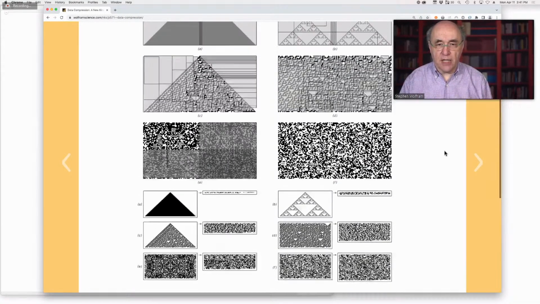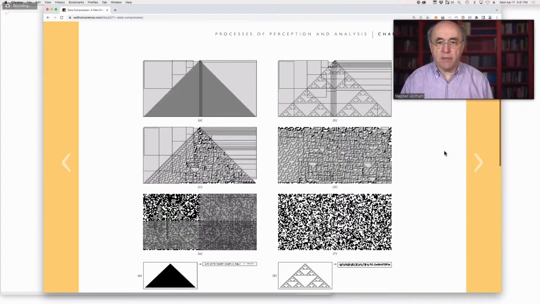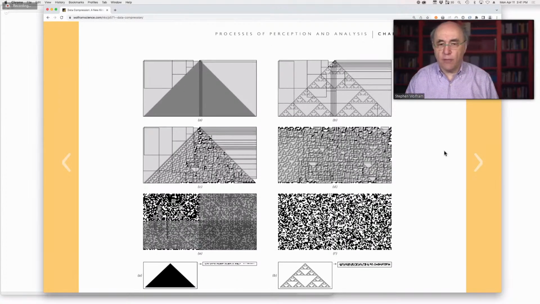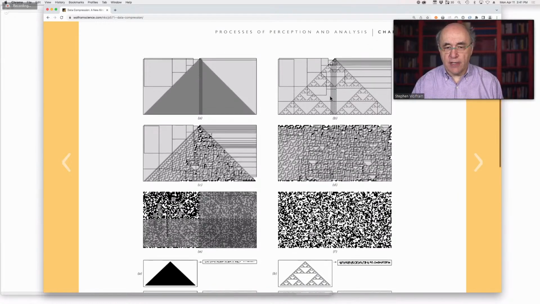This is not something that tends to be used, actually. It's a little bit similar to wavelet transforms. It's kind of a more minimal version of that. But what you see here is we're looking at, have I seen a block like that before? So we're seeing a bunch of white blocks here, and it's figuring out that it's seen a bunch of these blocks before. And here, because there's a nested pattern, it can figure out that it's seen blocks before, and so it can use much less space.